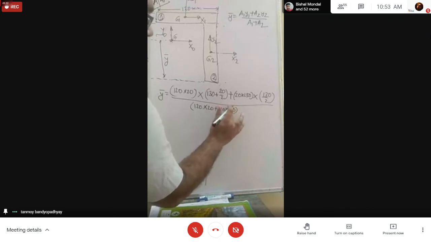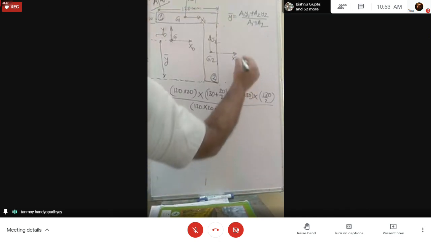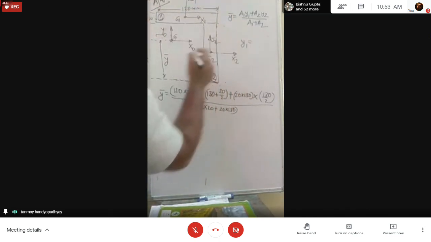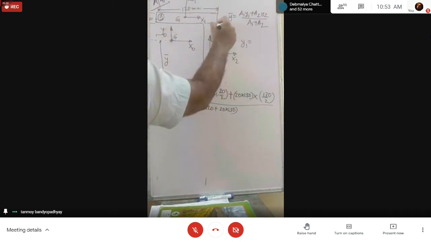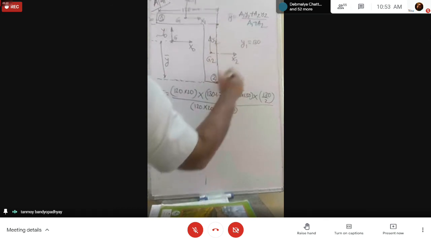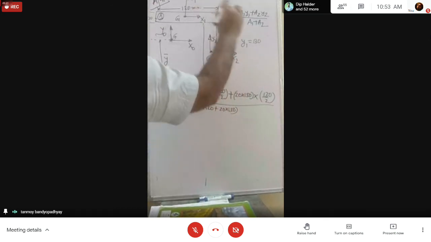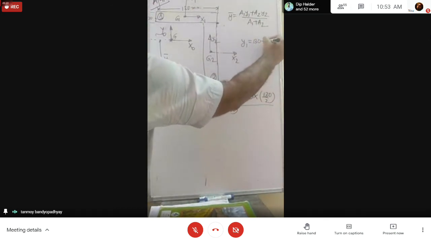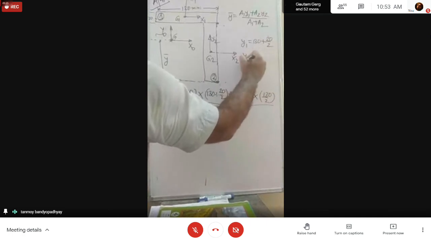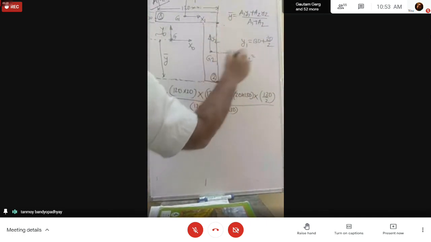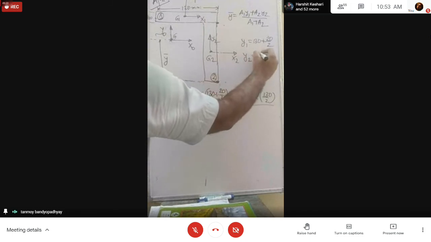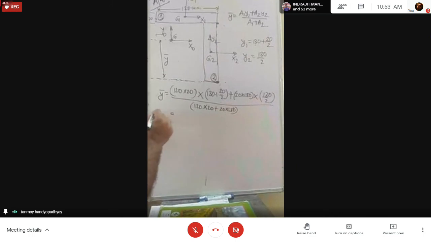Okay? So just this thing you have to do. You have to just understand Y1. So Y1 is actually this length. This length is 130, this to this, plus half of this one, so plus 20 divided by 2. And what will be Y2? Y2 will be this depth divided by 2. This is a rectangle, so b by 2, d by 2, so this will be just 130 by 2. These two values I have put here, so just calculate what is the value of y bar you are getting.